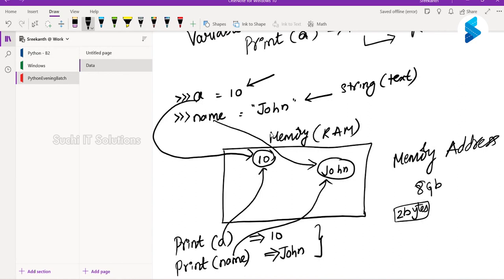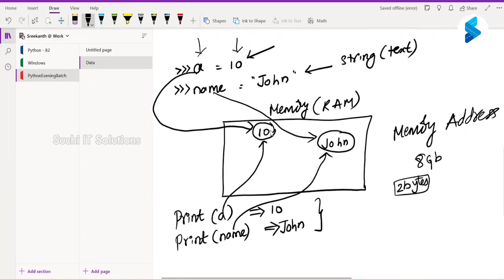Now, if I have to explain this, if you are a person, that is a value, and the name that our parents have given us, you can treat that as a variable name.